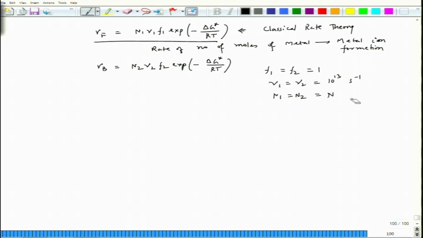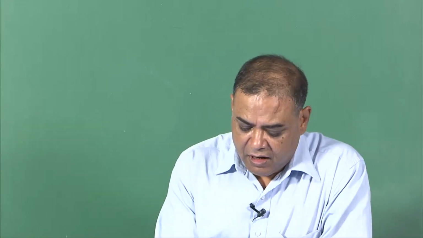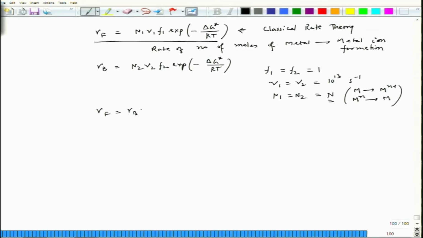which is the number of moles of metal ions or the metal atom, those converting to either metal or metal ions. So, for both situations, M going to M n plus or M n plus going to M, this becomes a similar number, because we have assumed that whatever metal ions are forming, they are getting absorbed on the metal ion surface, which is OHP, or whatever metal ions are reducing, they are also becoming part of IHP. So, then I can write R f equal to R b equal to N nu exponential minus delta